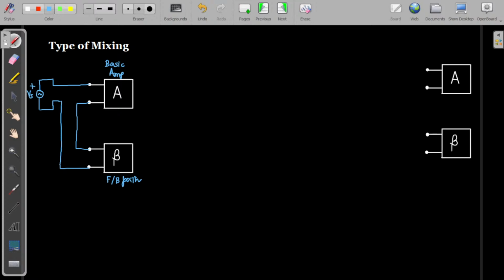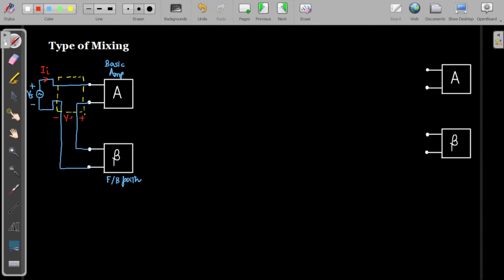इन दिस केस व्हाट हैपन्स, आपका यहाँ पे Vs है। ओके, दिस इज द सोर्स पार्ट और सोर्स पार्ट से आपका एक करंट जा रहा है। सो लेट अस से द करंट इज फ्लोइंग एज इनपुट करंट Ii। और ये जो बीच में है, ये जो बीच का पोर्शन है जहाँ पे आपका ये मिक्सिंग हो रहा है, यही आपका मिक्सचर है। ये कनेक्शन आपका मिक्सचर है। ये जो येलो कलर में मैंने डाला है, ये आपका मिक्सचर है।